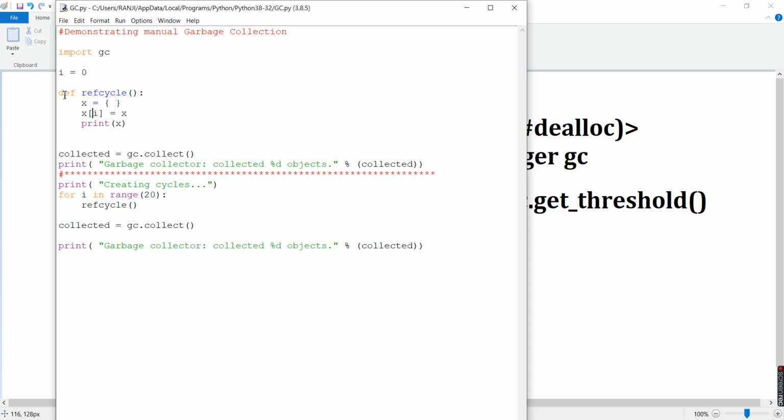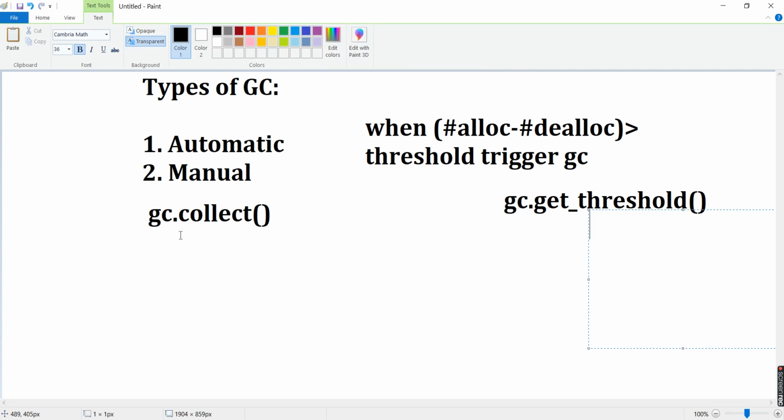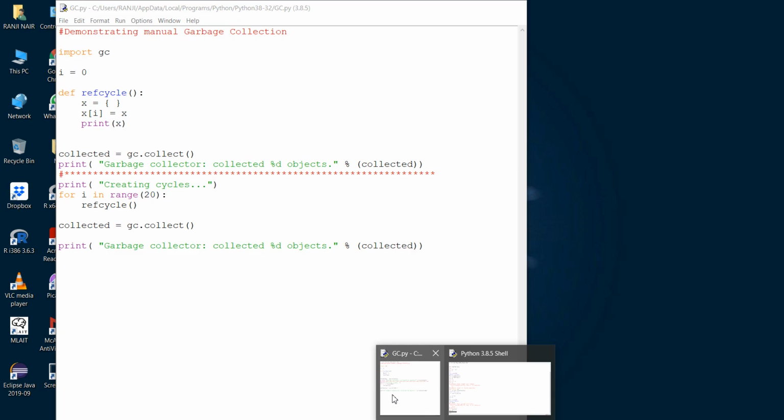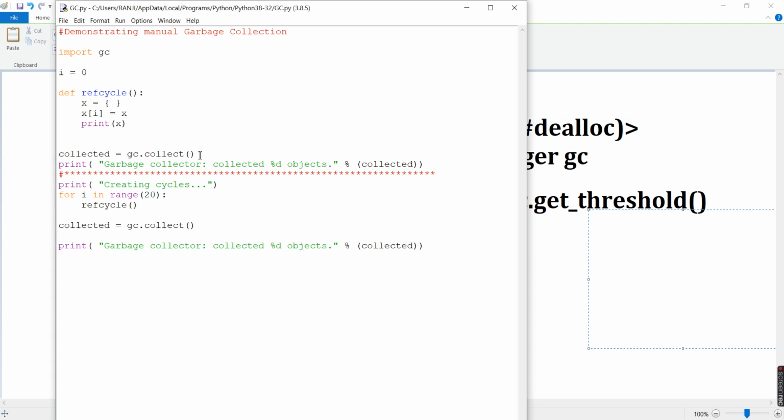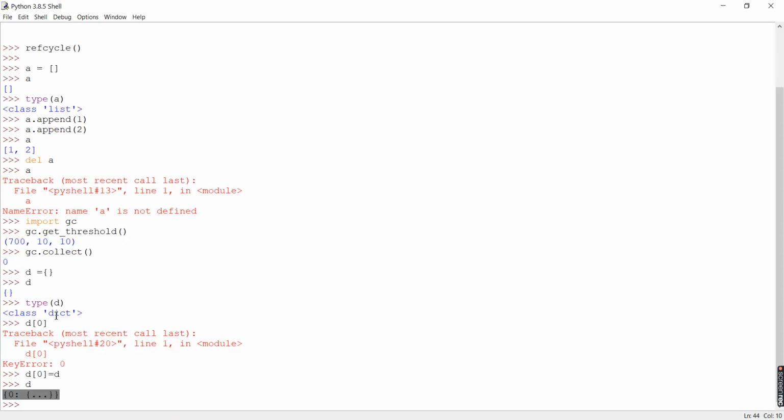So that is basically counting the references. And here I just call gc.collect, which is for manual GC. If in a program you have gc.collect, that means you're doing manual garbage collection. Before this, as we saw, when we ran this particular line of code, gc.collect, it returned 0.